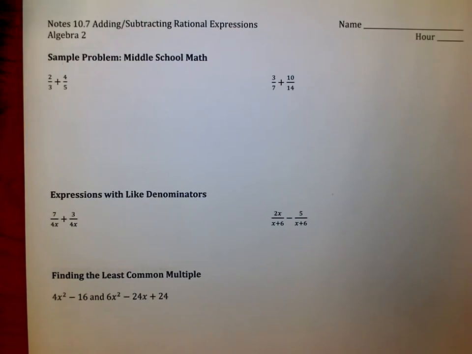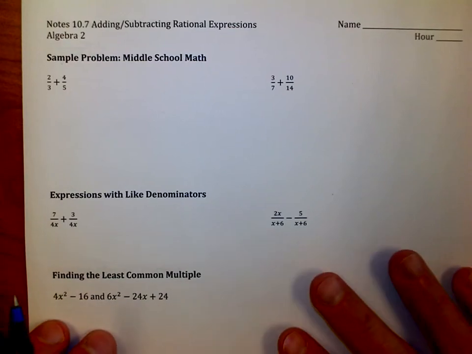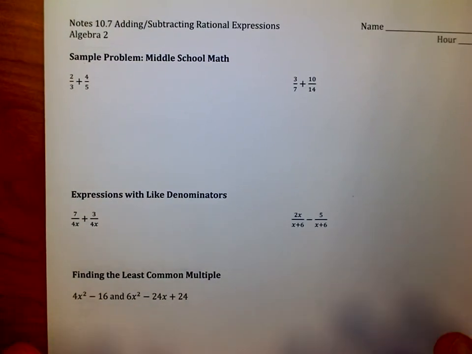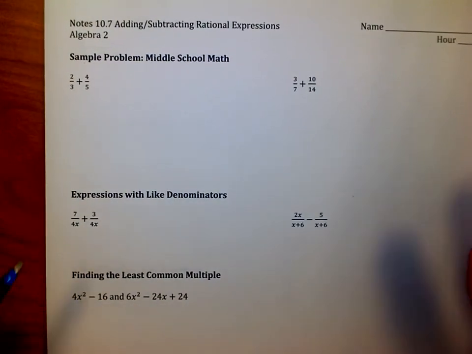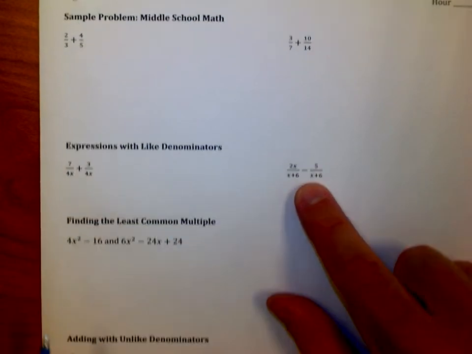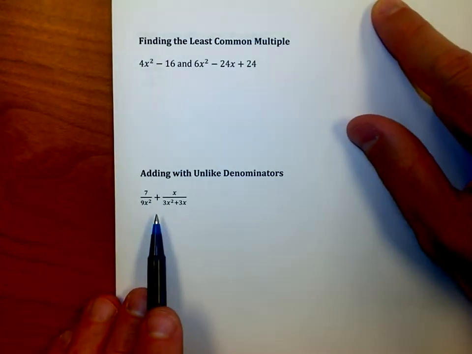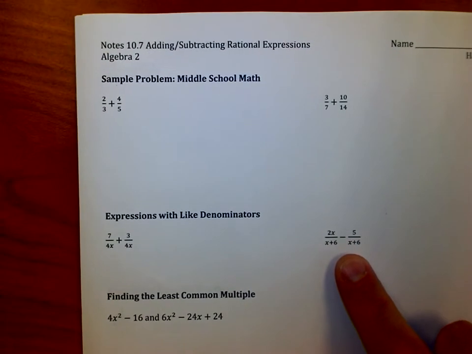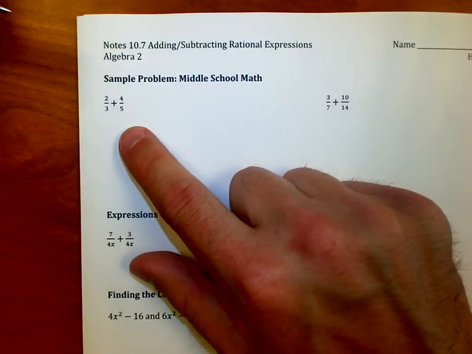You have to have a common denominator, a like denominator, in order to combine fractions, and that's what makes these problems difficult. Let's go back to a middle school math problem. No x's, no expressions, but understand we're going to get into stuff that looks like this or that looks like this. It's coming. But if I did this with just numbers and I said, what's 2/3 plus 4/5,